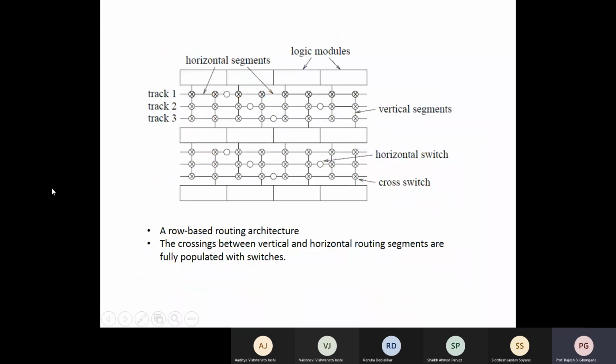So here it is seen. This is a row-based routing architecture. The crossings between vertical and horizontal routings are fully populated with switches. Now this is concerned with the actual hardware design of the FPGA itself. So you can have the vertical segments and the horizontal segments, and it is easier to